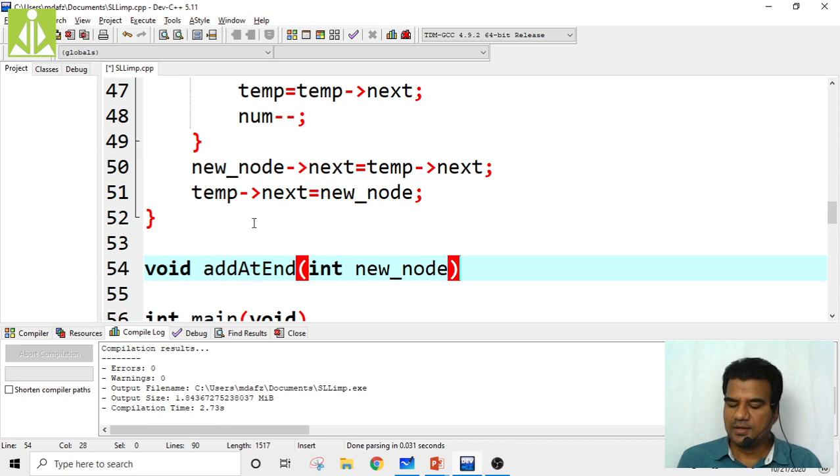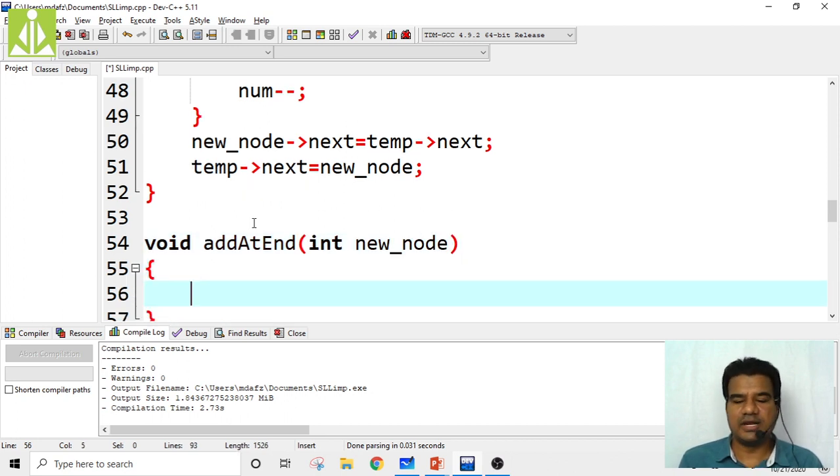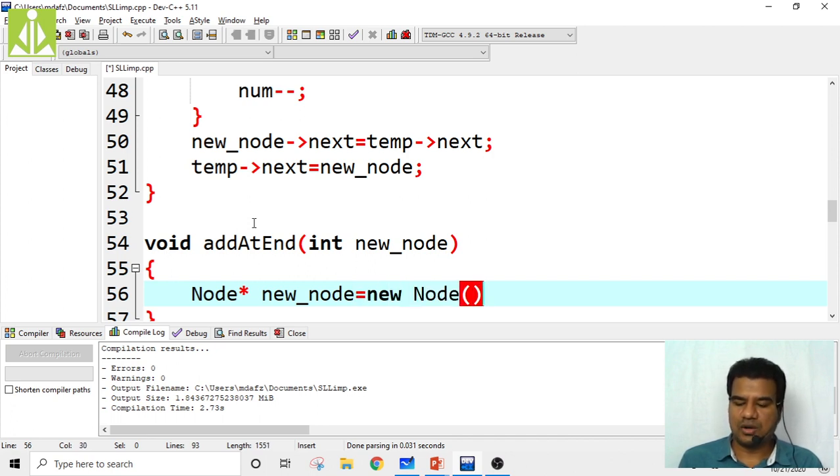I know this one. Next, we have to create the new node. In every function we'll do that. So node star new_node equals new of node constructor call.